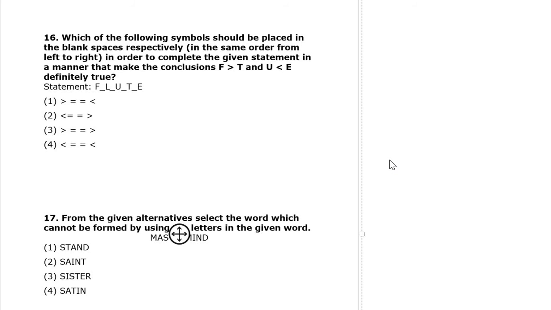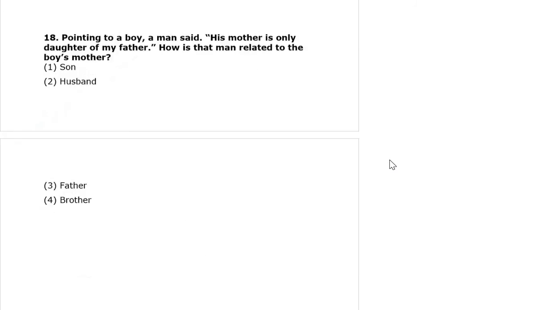Which of the following symbols? So you have to use this symbol and put it here. But the condition is F is greater than T and U is less than E. So F is greater than T, so we can directly take the third answer. Why? Because I am putting the signs of the first option. Check the condition. F is greater than T. Yes, greater than only. U is less than E. It is equal to T, no problem. But the condition is these two. We need to check. The correct answer is the third one. Come to the next question.